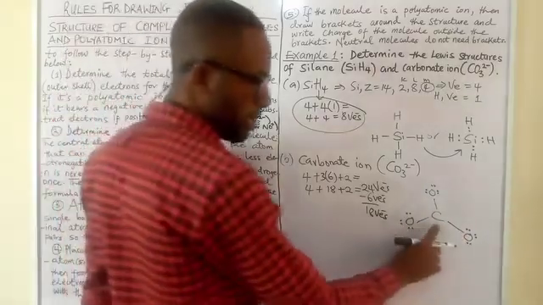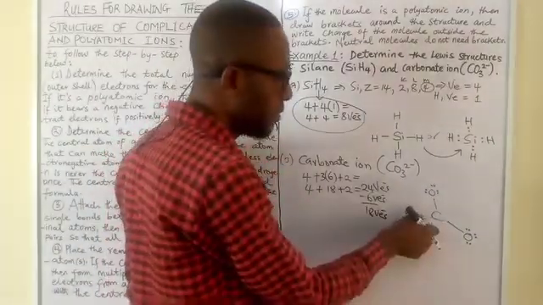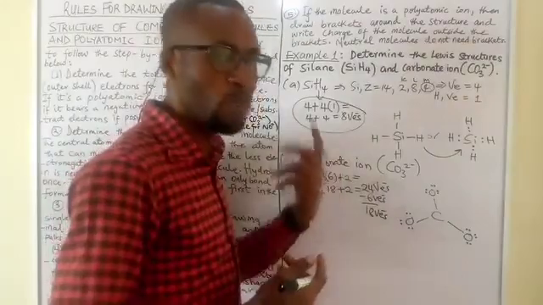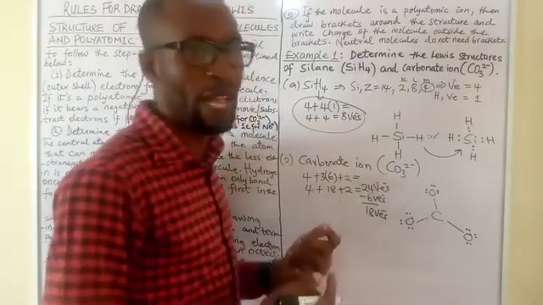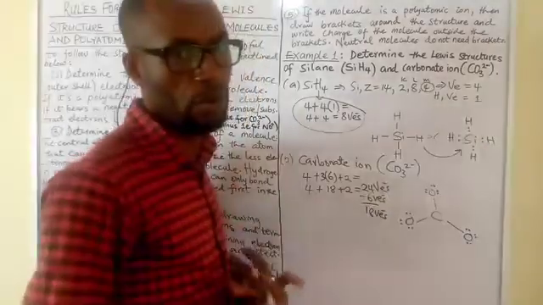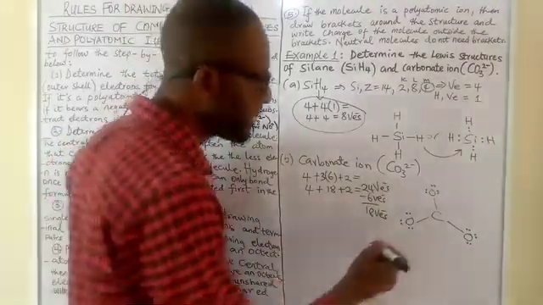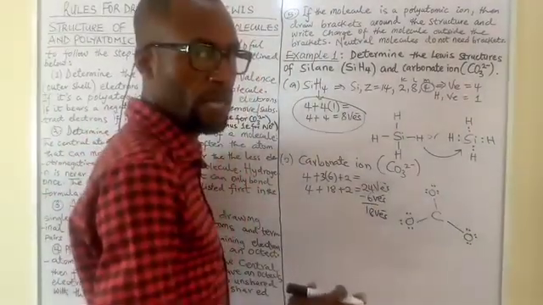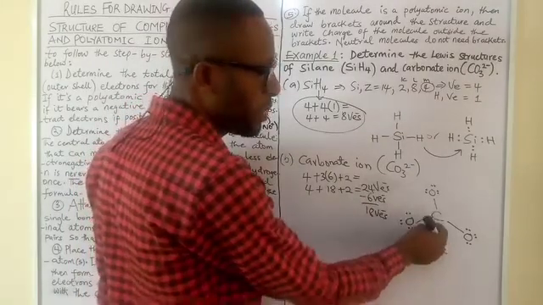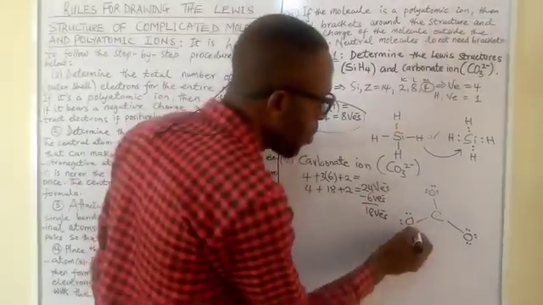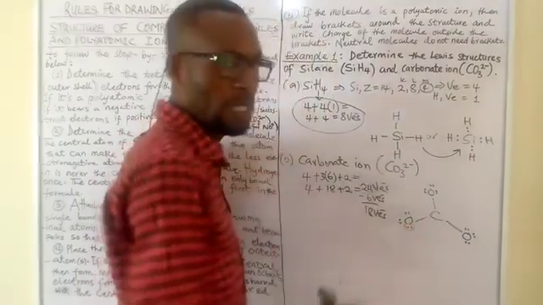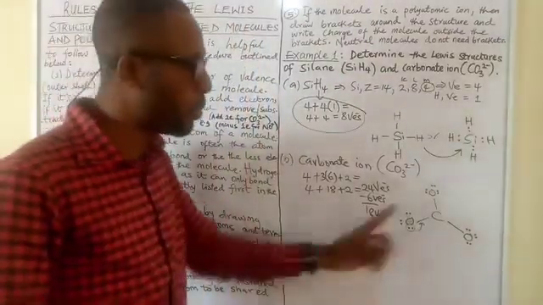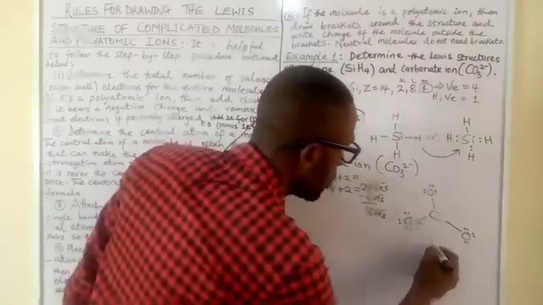But if you pay close attention, you discover that carbon is not yet okay, because carbon has 2, 4, 6 electrons, and carbon will always want to make 4 bonds. That means it requires 8 electrons to satisfy its own octet. So this is not okay. All right. So the next thing to do, once you get to this point, after all the terminal atoms have been satisfied, in order to satisfy the octet of the centrally placed atom, you use one of the lone pairs of one of the terminal atoms to make another covalent bond, to double up the bonds. And when you do this, you are going to have something like this.